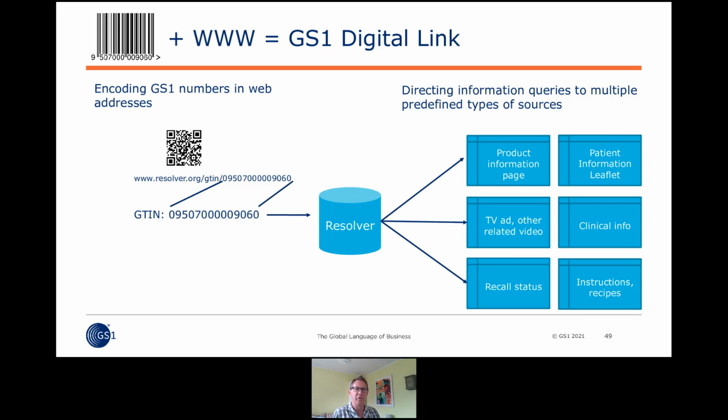So the first version of these numbers were designed in 1971, and they're still in use. So everything can be identified with that. But when we combine this system that we know works for retail with the World Wide Web, we get GS1 Digital Link. It's a new standard where we take the GS1 standards and make them useful online in a better way